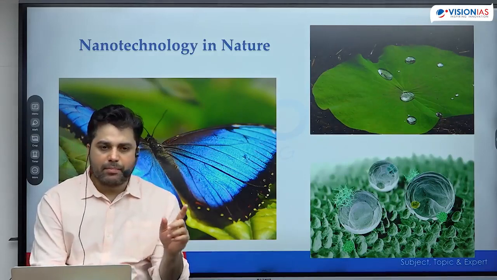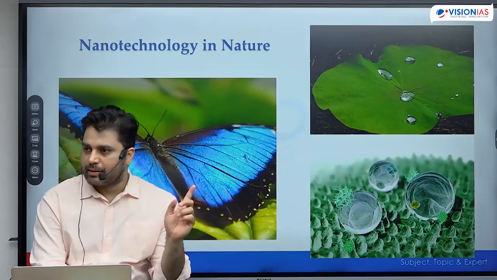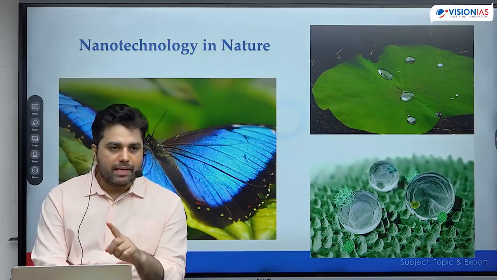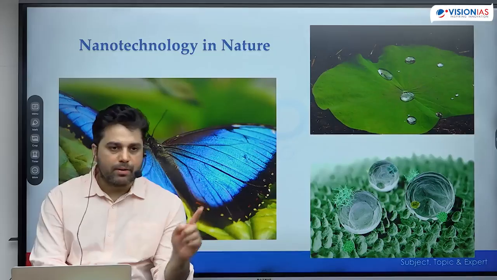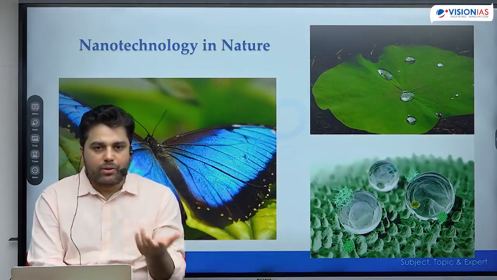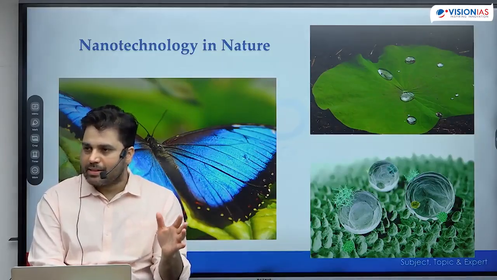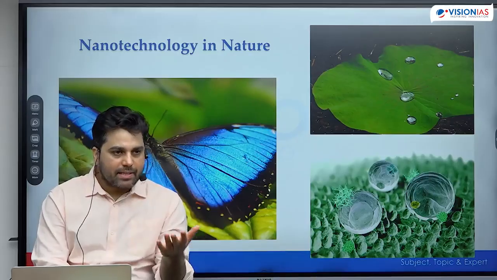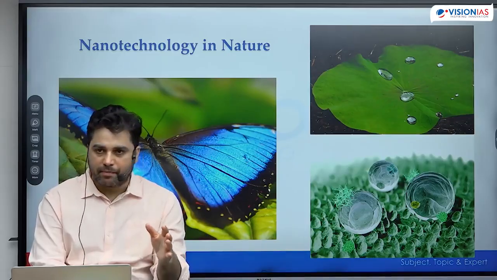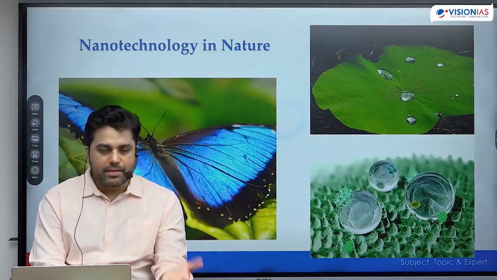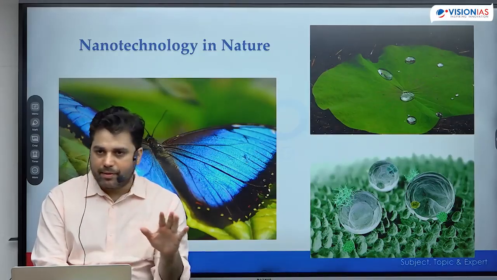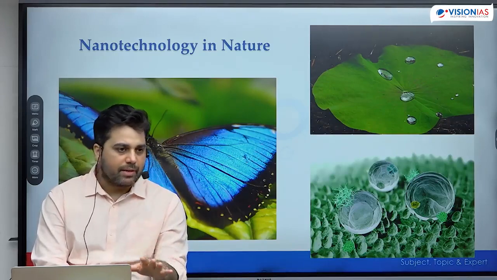Basically it means that I'm comparing the same material, for example gold: a bulk gold material and a nano gold material. Nano gold will exhibit a unique set of properties compared to bulk gold material. One I literally showed you, that the color changes. Color is no longer that yellow lustrous color. Another property which changes is that while gold is not very chemically reactive, nano gold is very, very chemically reactive. And it has a lot of applications in different areas. And nano gold is just one nanomaterial. There are so many different types of nanomaterials which we are using in our day-to-day life.